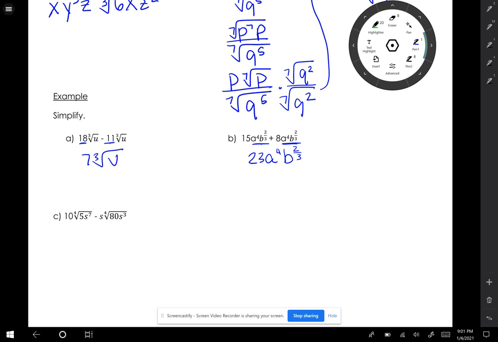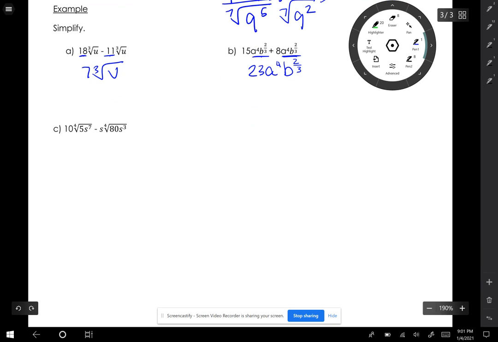Okay, for part C, we have 10 times the fourth root of 5s to the 7th minus s times the fourth root of 80s cubed. So for the first part, 10 times the fourth root of 5s to the 7th, I'm going to break up into s to the 4th times s cubed, minus s times the fourth root of